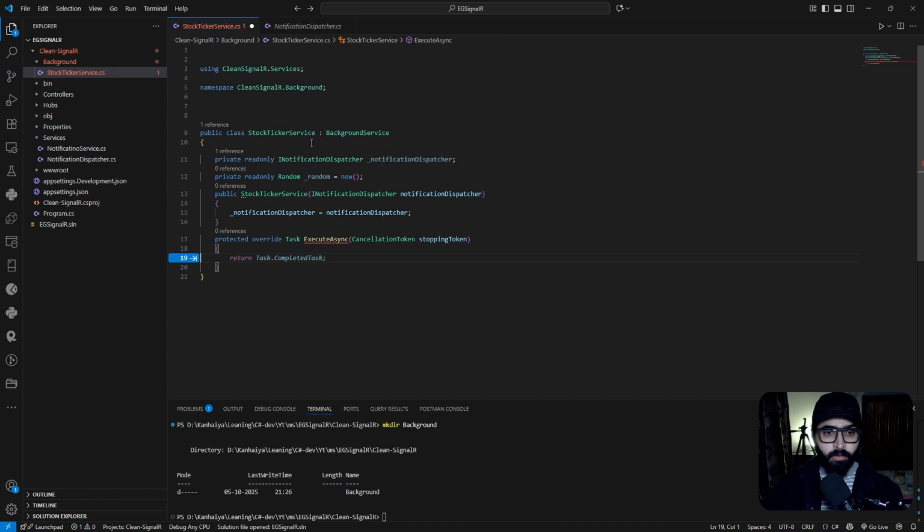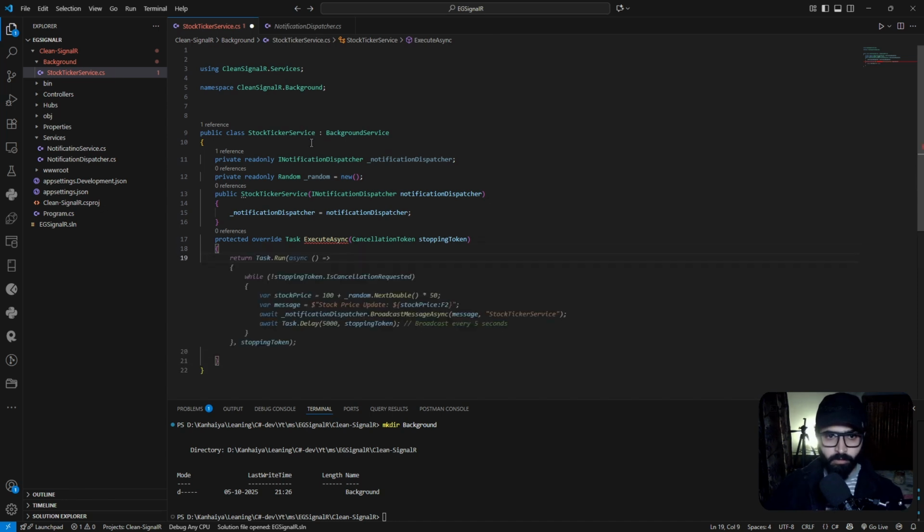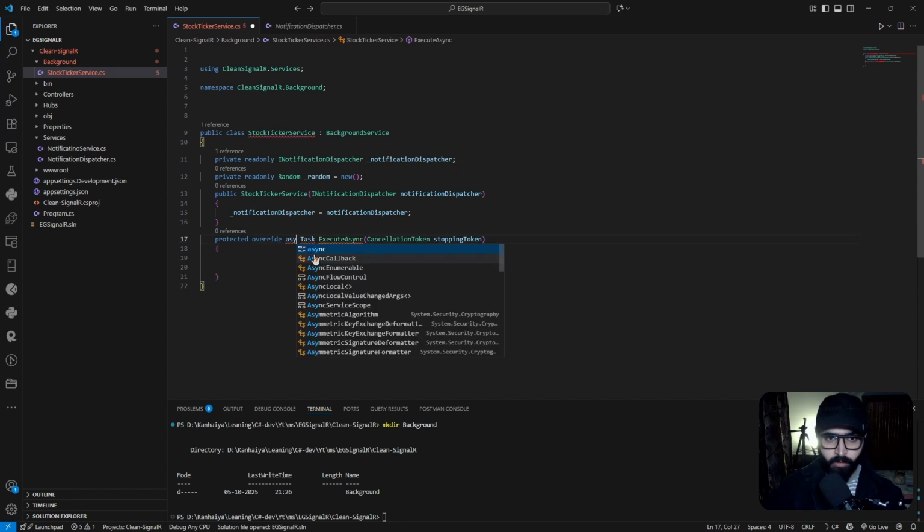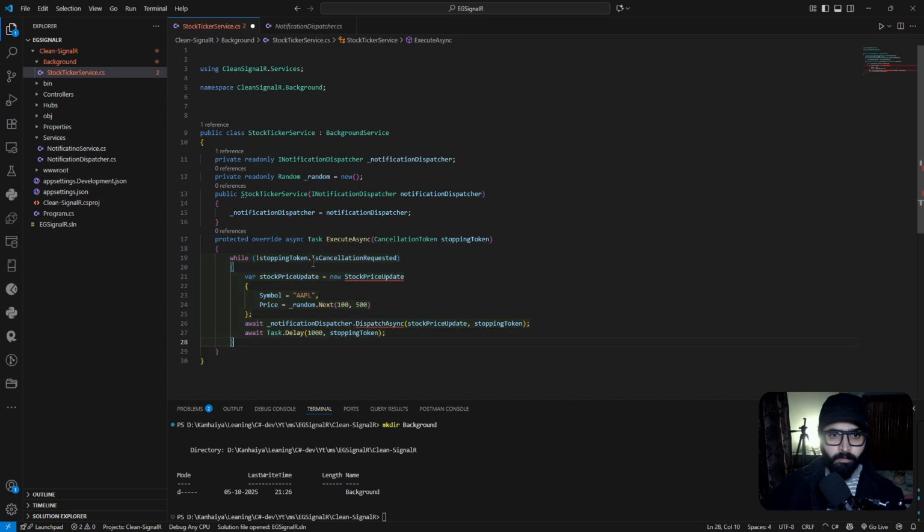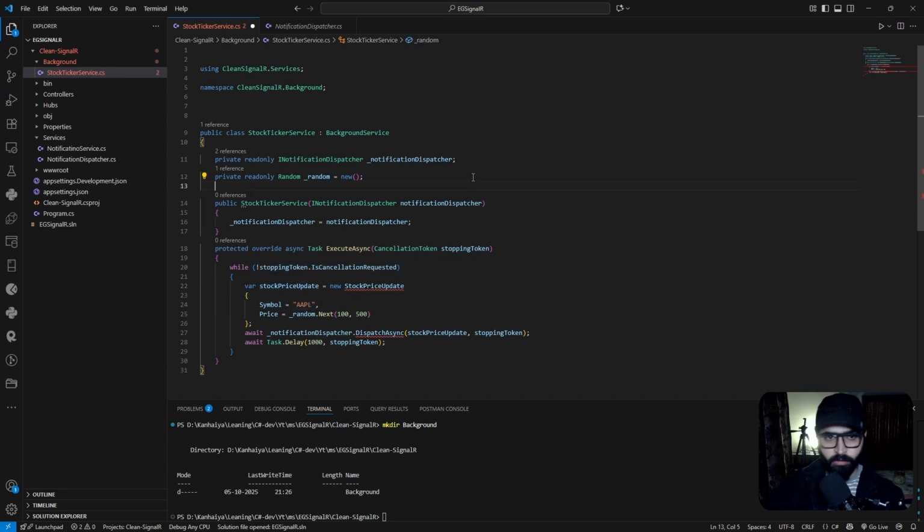Cool. So here what we will do, we need a few things here. First we'll make this method async, and here we need one loop which runs in the background, like with the cancellation token. Then it's taking a stock, but rather than this we need too many symbols. So like